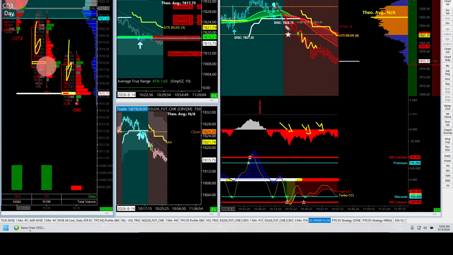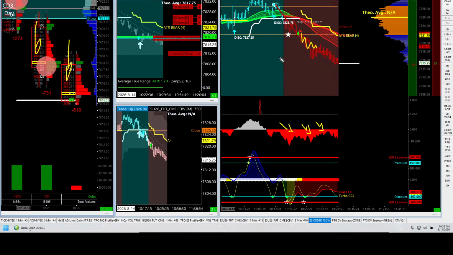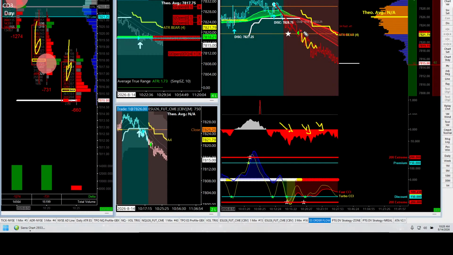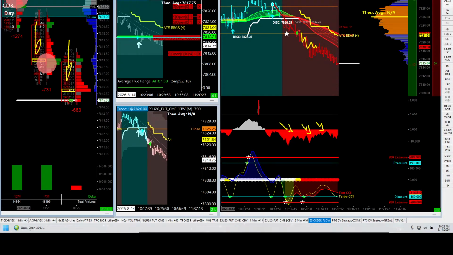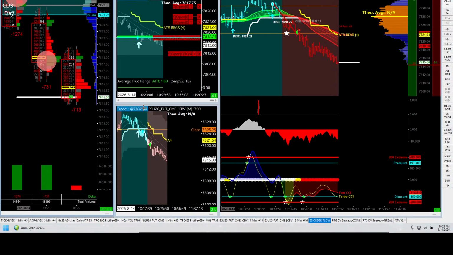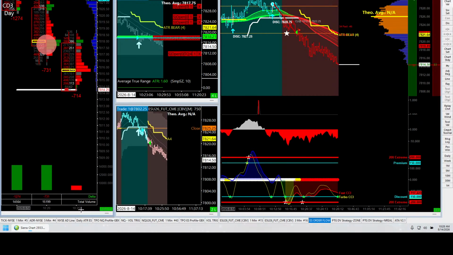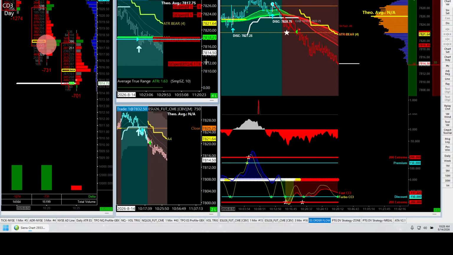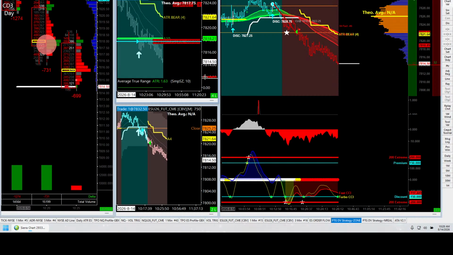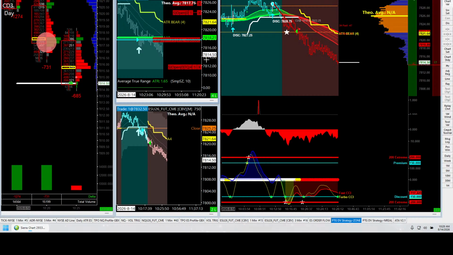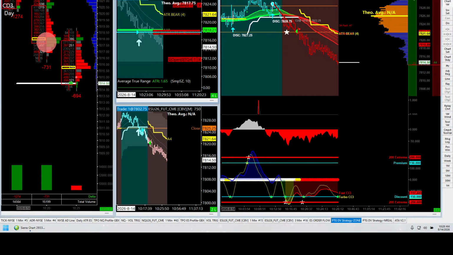We didn't get that to the upside. We're getting it more to the downside. Okay, market's trying to find its directional move. It wants to go lower. I'm not fighting it. We'll probably get stopped out on this A10 in a moment. We're just about in the moment about getting stopped out.